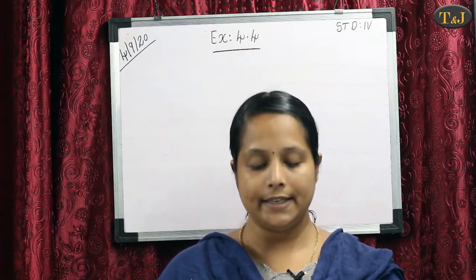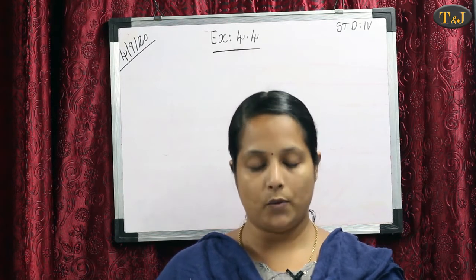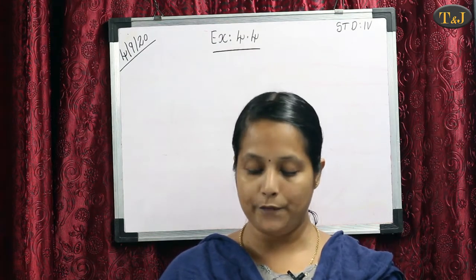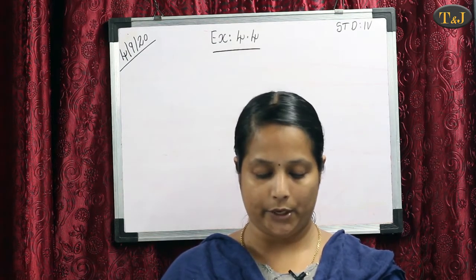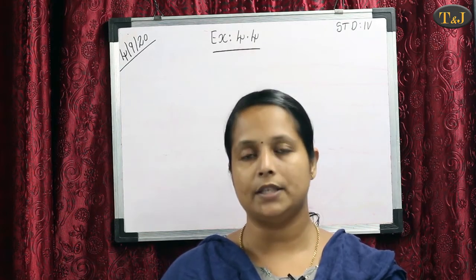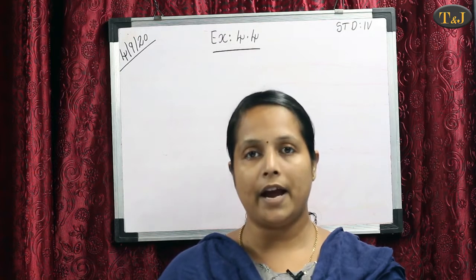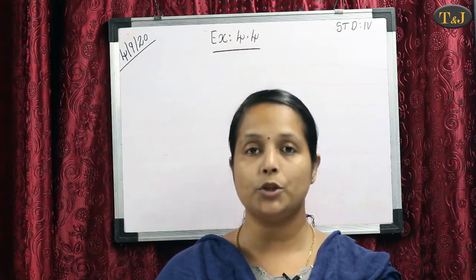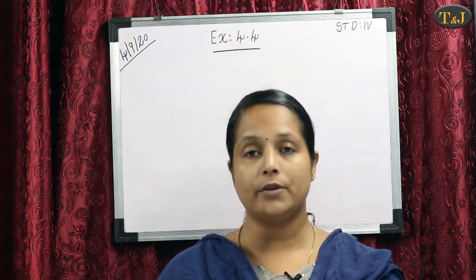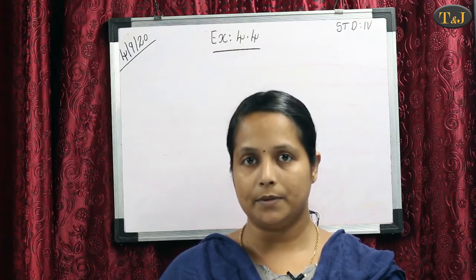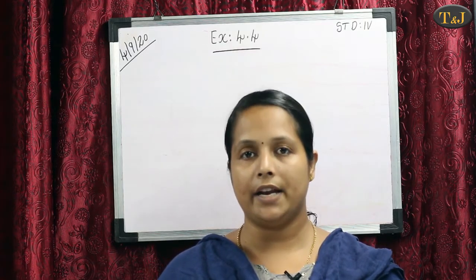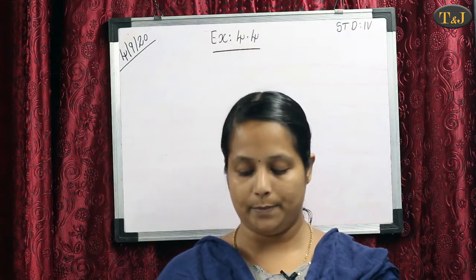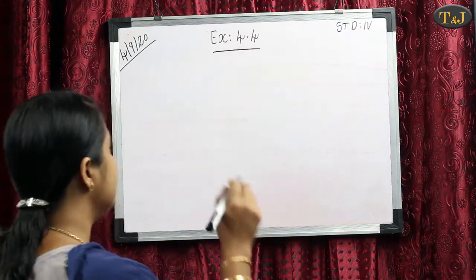First question: a dining table costs 25,320 rupees and a sofa set costs 50,347. What is the difference in their cost? We want to find out their difference. Difference means minus. First of all, we identify which is the bigger number. In this problem, the dining table set costs 25 something and the sofa set costs 50 something. So, which is the bigger number? 50 something. So first we identify which is the bigger number, then write that bigger number and minus the smaller number.